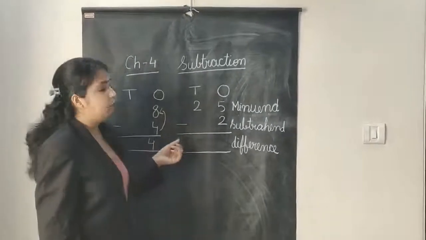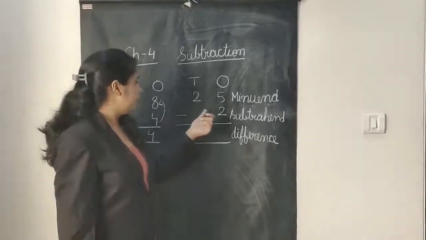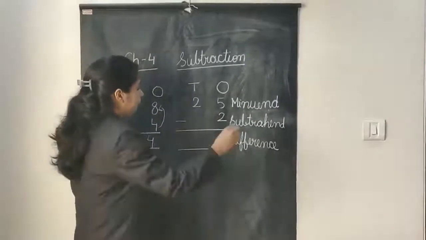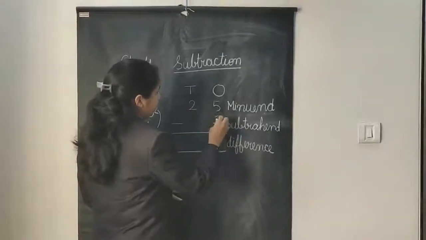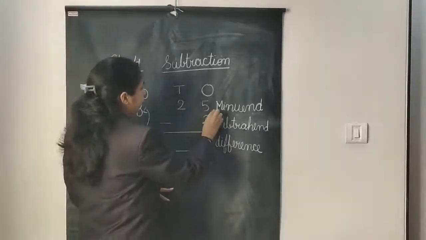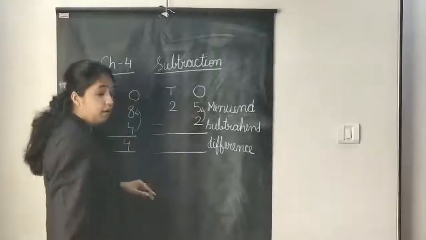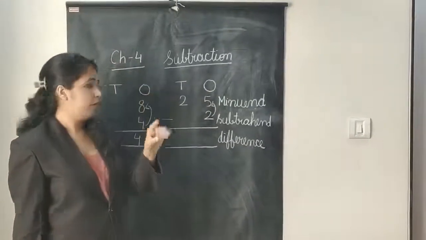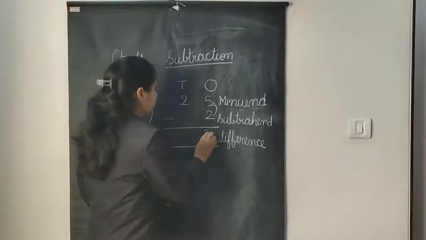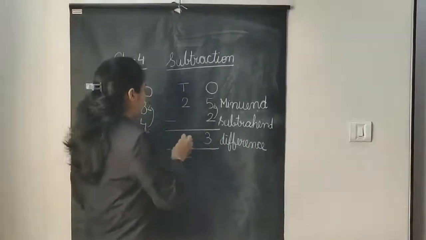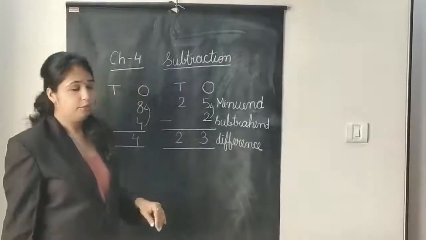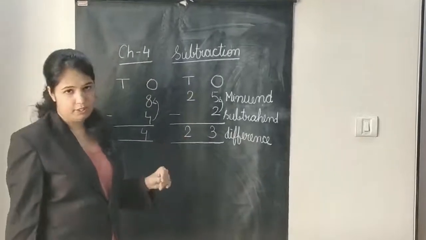Now moving forward to the two digit sum, which is 25 minus 2, right? So now, 25, after 2 till 5. After 2: 3, 4 and 5. 3 on my fingers. As here there is no number to subtract, we will bring the 2 down. So the answer is 23.